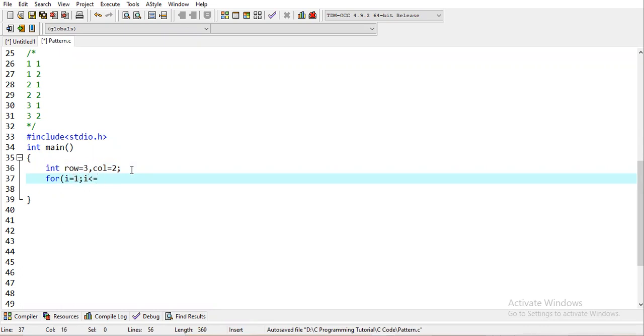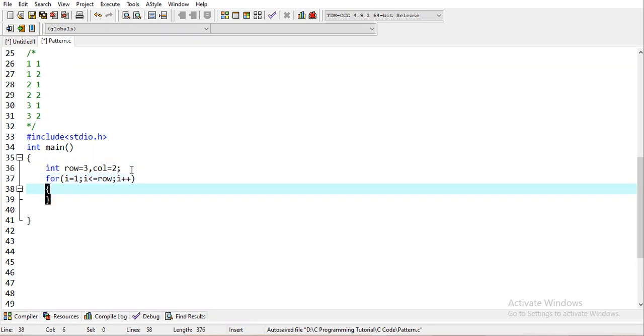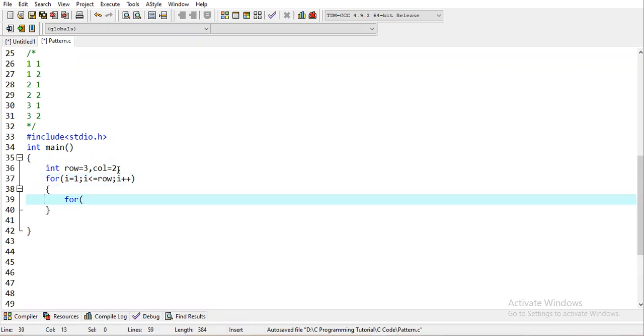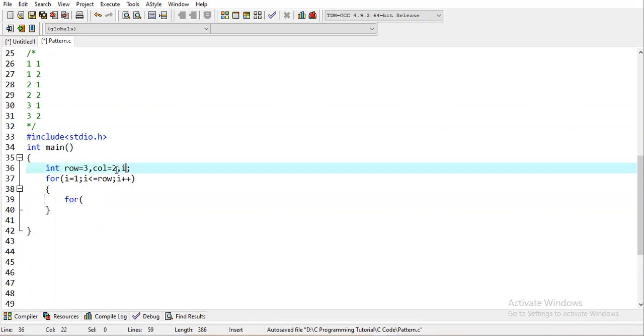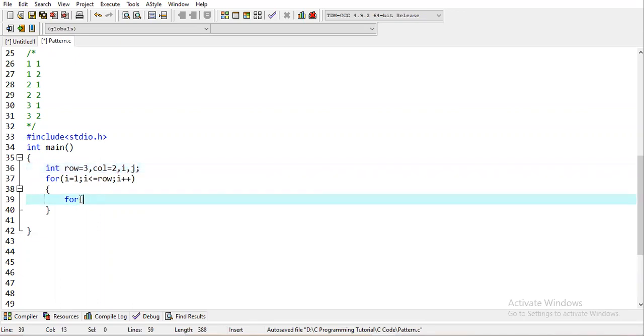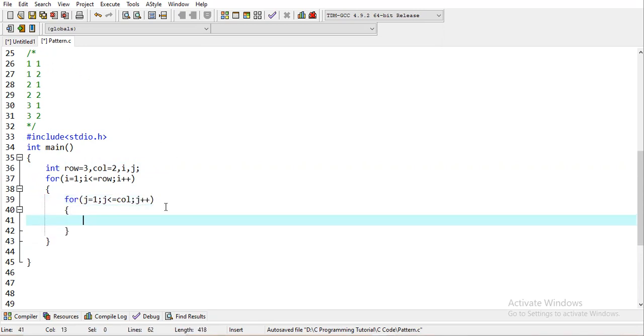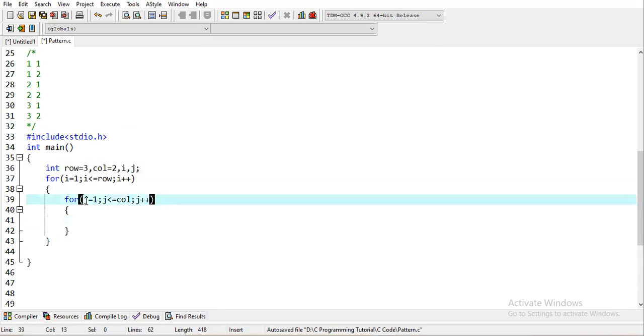Okay, so now taking a for loop that will run up to row times, and again a variable for traversing the columns, that is j equal to 1, j less than or equal to column. Now you can see that in each row, or you can say in each line, there are 2 columns printing. So it is stored in the variable column. So we use this. Now you can see that this statement will run 2 times. So this is for printing